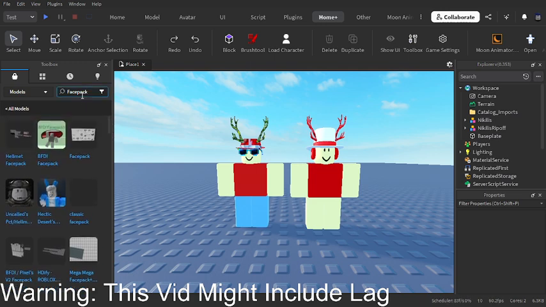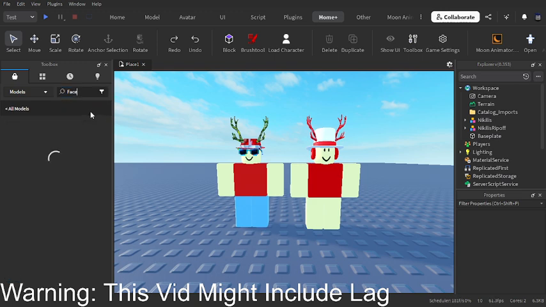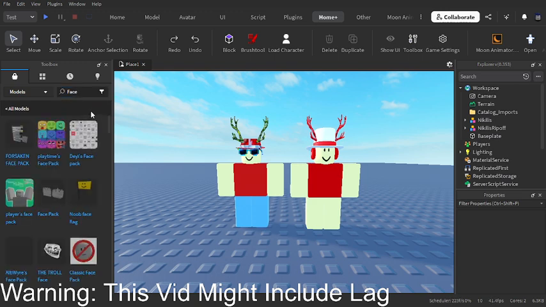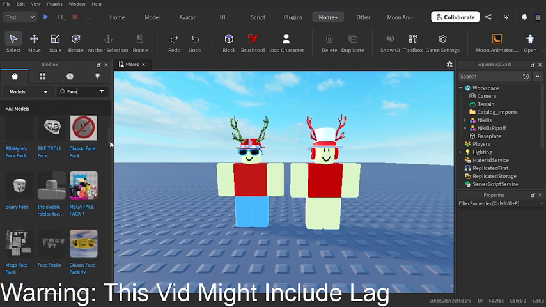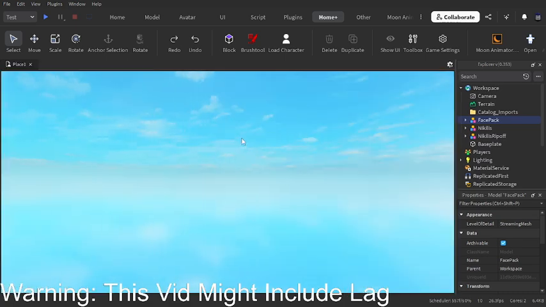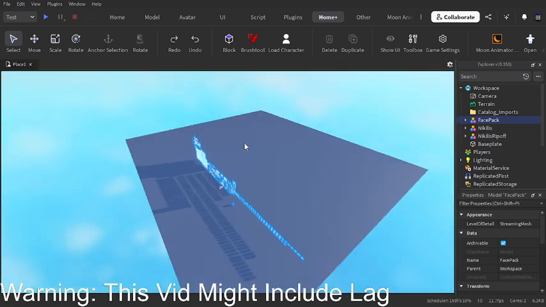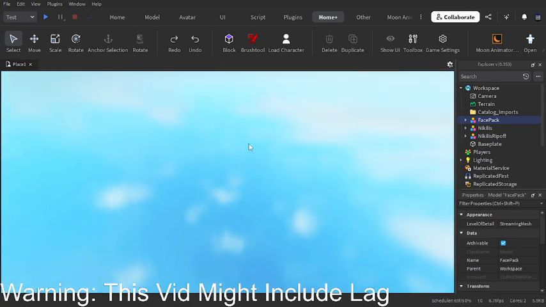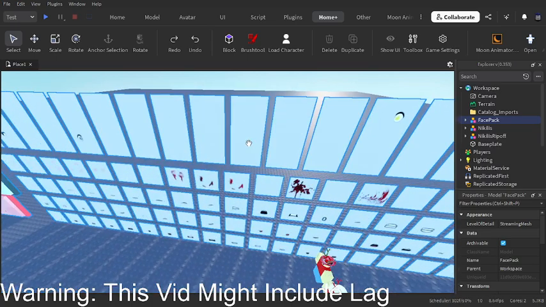Yeah, face packs. If you want better face packs, just type in face, because you'll get way more. I recommend just typing in face, because there's quite a bit here, as you can see. But anyways, I'm gonna be using Day's, sorry if I'm pronouncing that wrong, face pack. So, yeah, this one is used in a lot of animations from animators, I'm not gonna lie, because, well, you could add